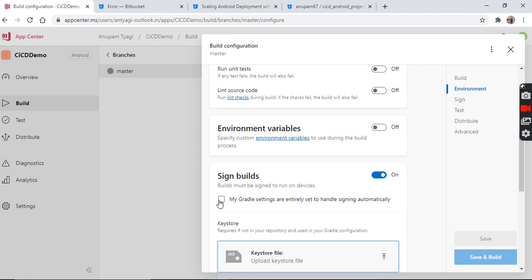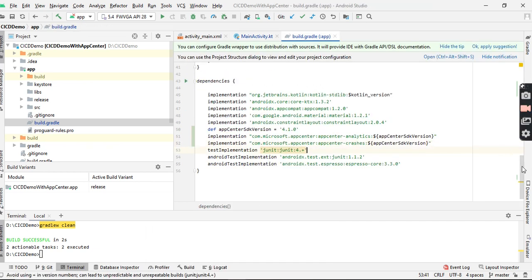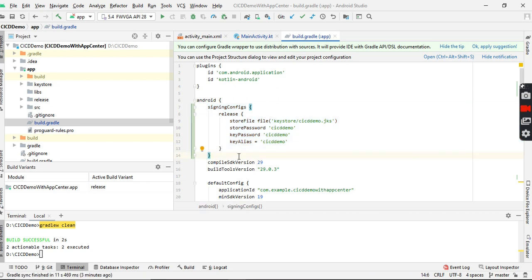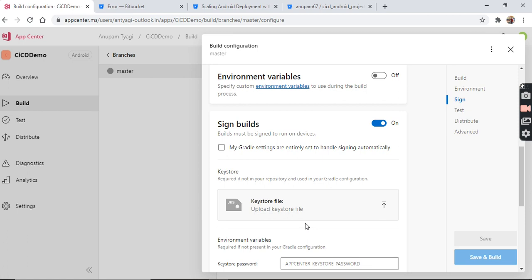I have already shown this step in my Android project, in build.gradle, the signing config for release. I did this because App Center asks to migrate the settings so that signing is handled automatically. Otherwise I would have to upload the same signing information which I did in my Android Studio project.